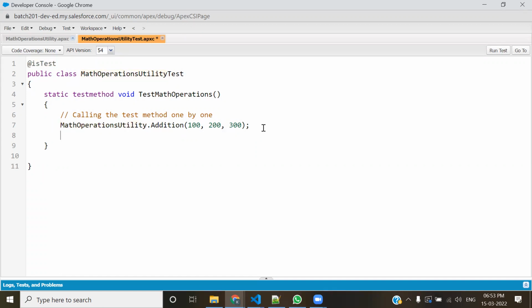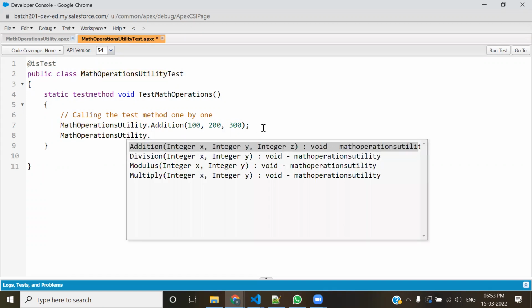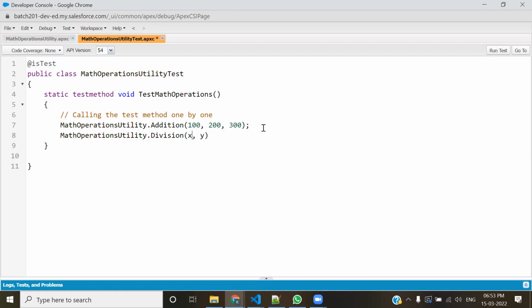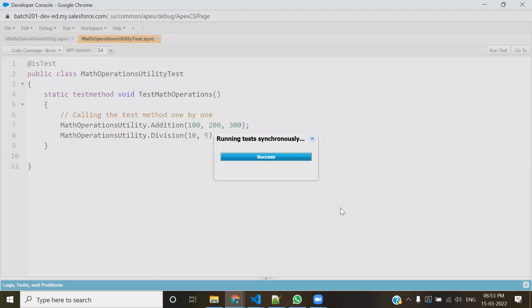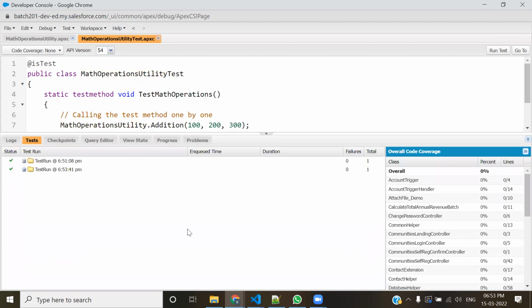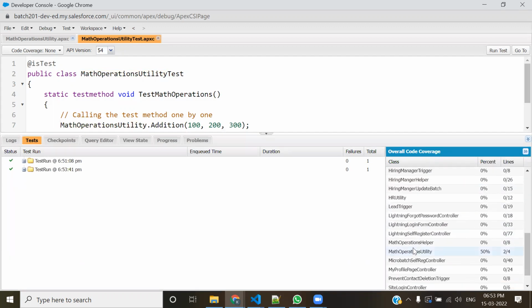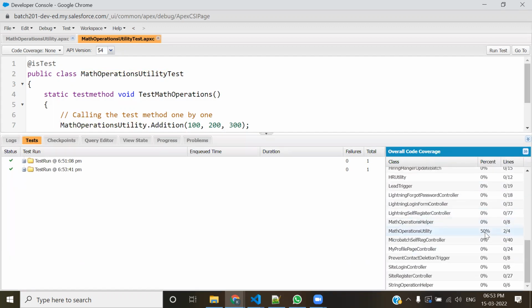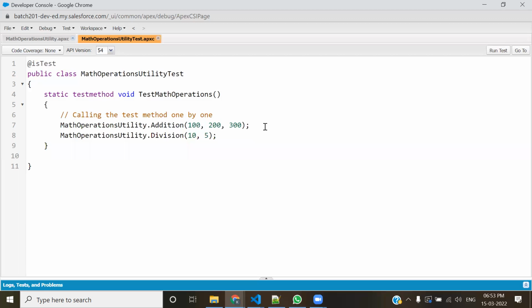चलिए सेकंड कवरेज प्रोवाइड करते हैं, ये आपकी पहली मेथड होगी। दूसरी मेथड, ठीक है, MathsOperationUtility.division, इसको दो इंटीजर चाहिए, तो आई एम सप्लाइंग 10, 10/5, दूसरा कवरेज मिलता है मेरे को। अगर आप जाके रन टेस्ट करो इंडिविजुअली, अगर करना चाहते हो तो, अगर टेस्ट सक्सेसफुल हो गया, तो जाओ और क्लास का कवरेज देखो, क्लास का कवरेज MathsOperationUtility 50%, देखो यूटिलिटी 50% कवरेज पे आ गई है, ठीक है। तो इस तरह से।